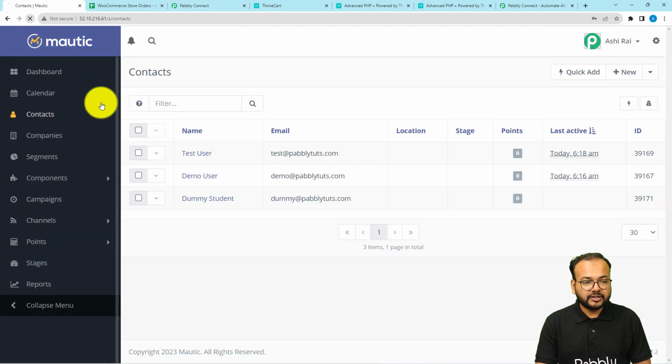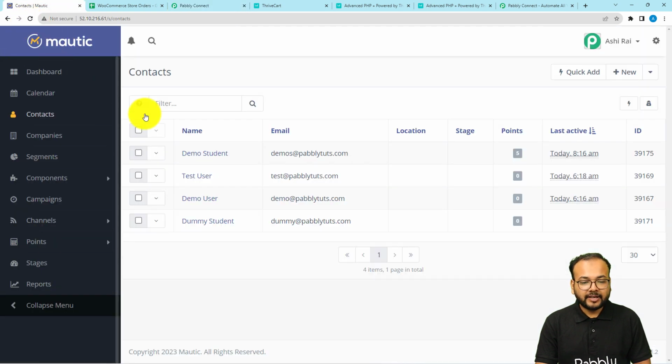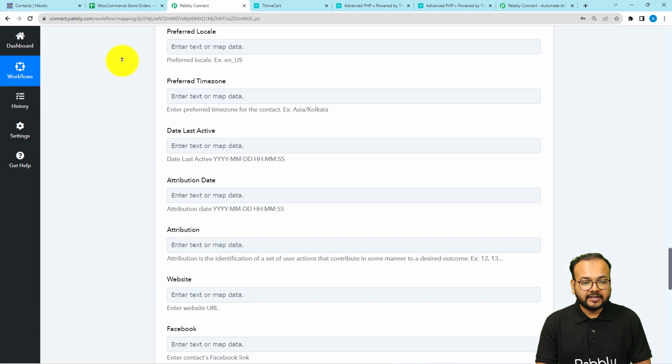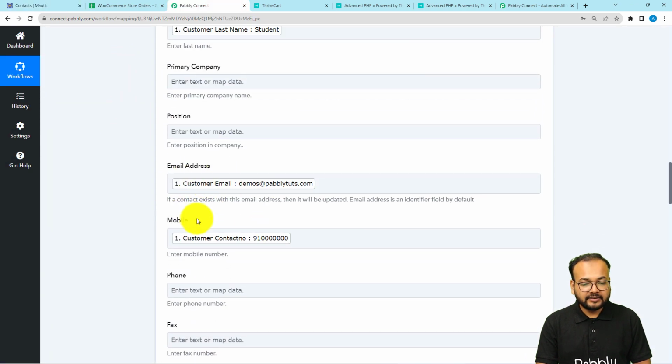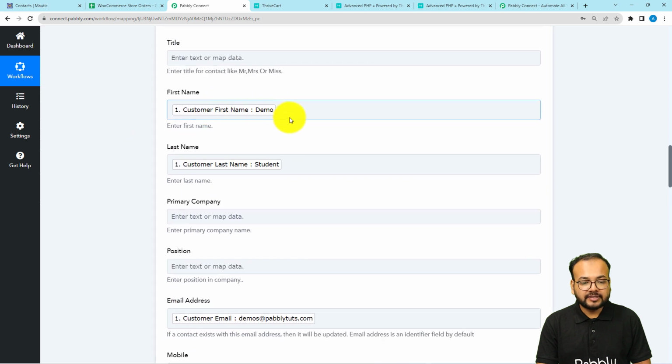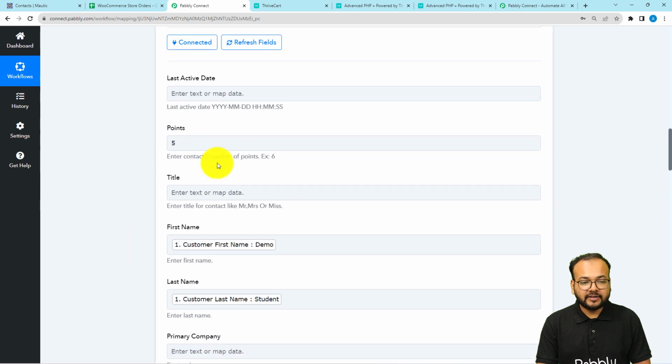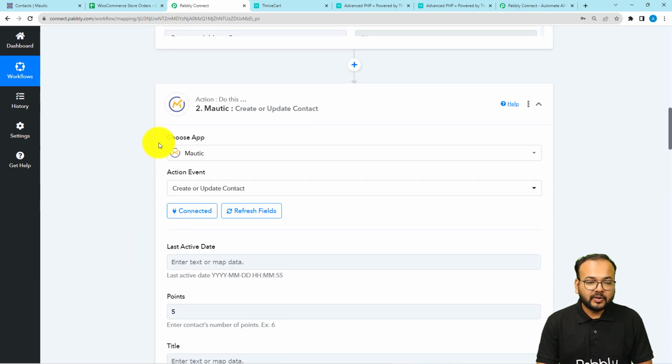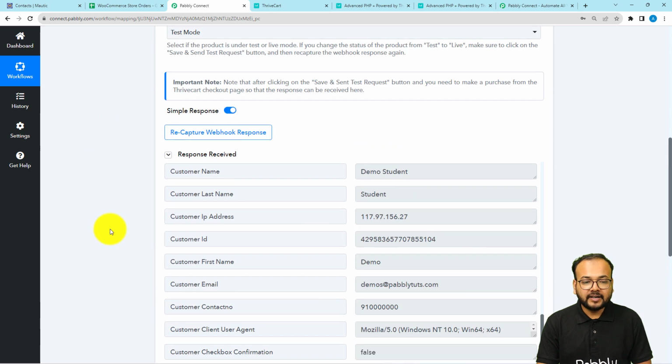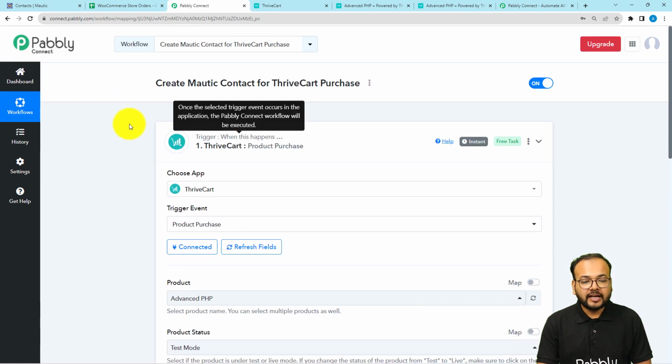I'm going to refresh this contact section, and here you can see, guys, a new contact is added named demo student, and this is the email address, and these are the points. These are the same details I have added in these fields. You can see demo student, and the points are 5, and it got added. So our connection is working fine, and we are done setting up this automation,